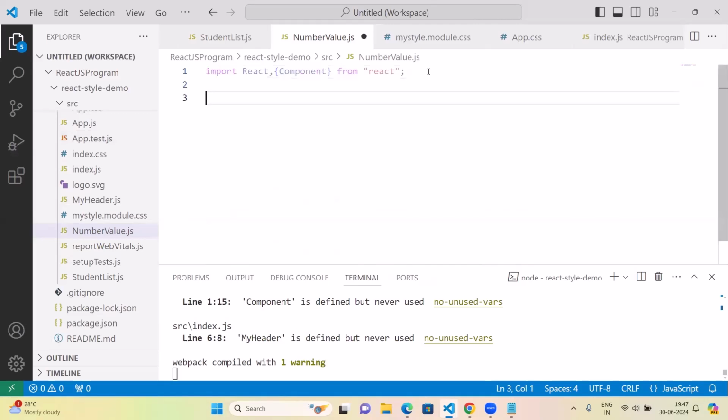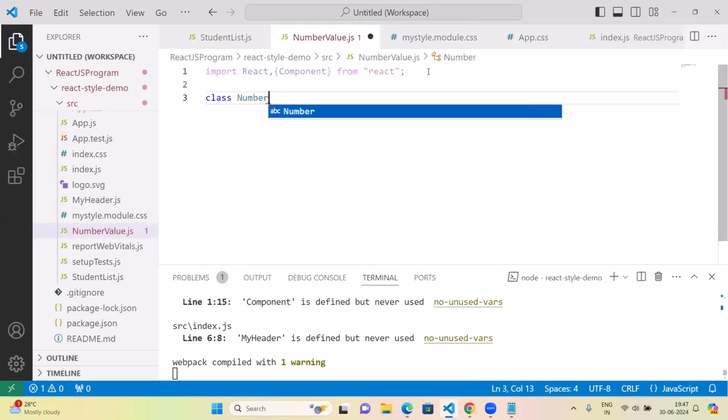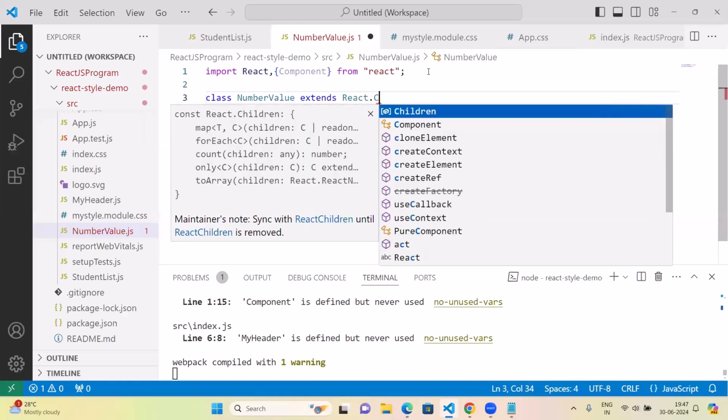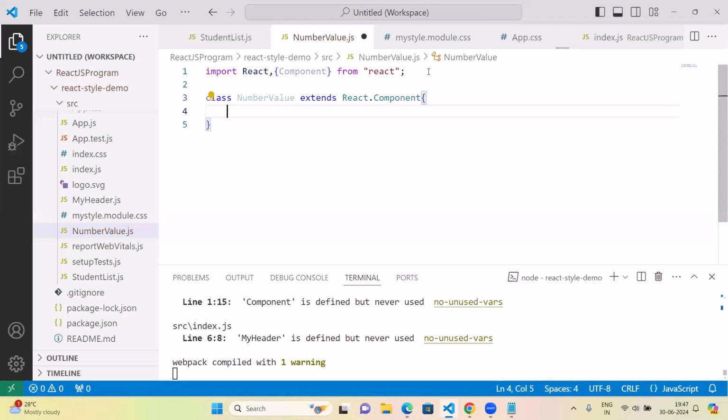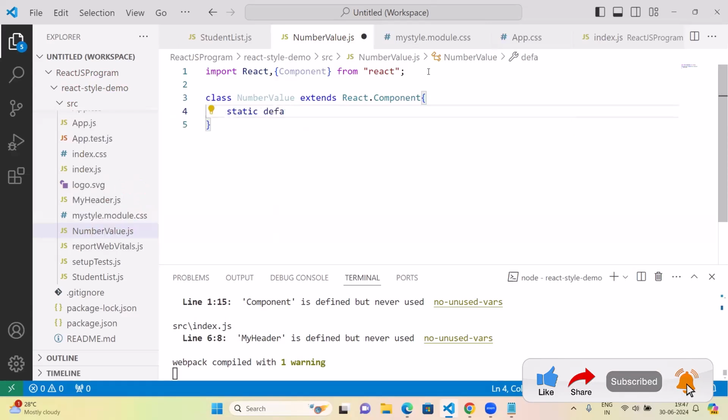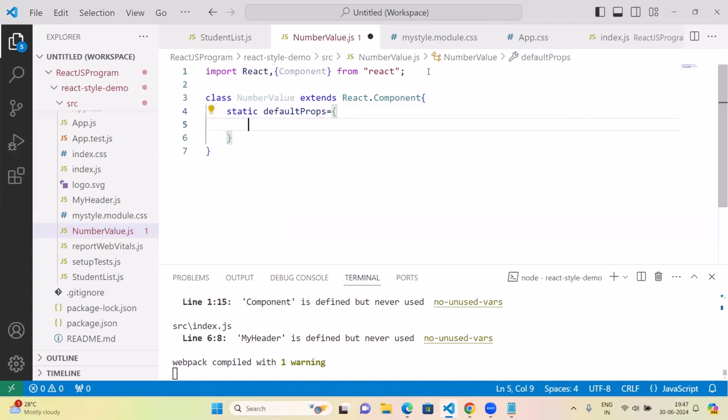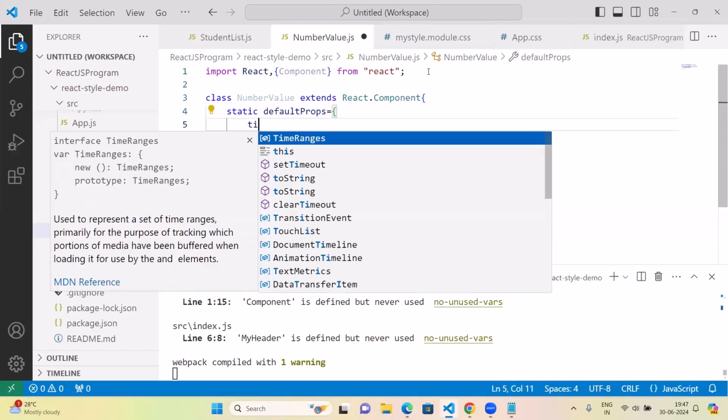After that, we need to create a class, NumberValue, extends React.Component, curly bracket start. And here I'm just going to declare the static properties. To define the static properties, we need to write the static keyword, and for the property name I'm writing defaultProps. Default props I'm writing it equals to curly bracket start, and then we need to write here title,